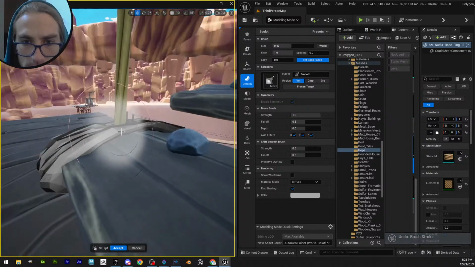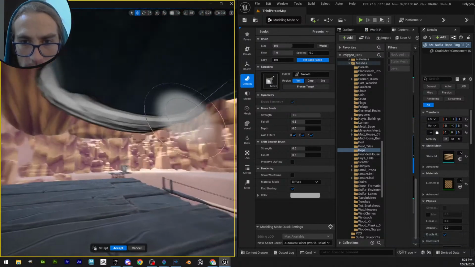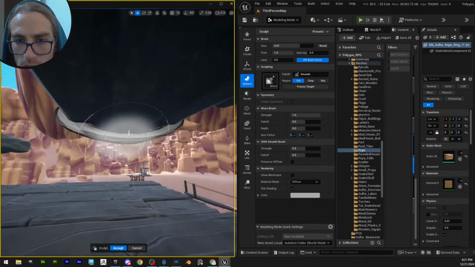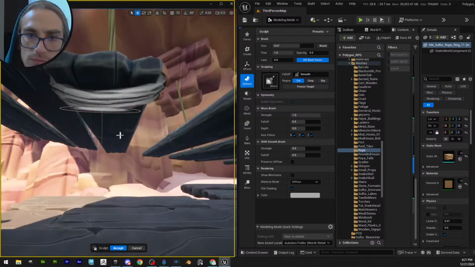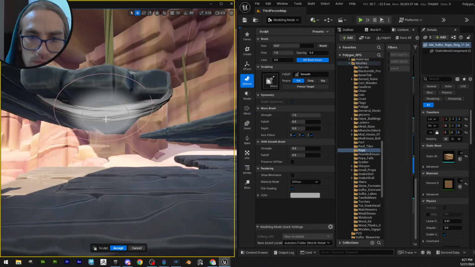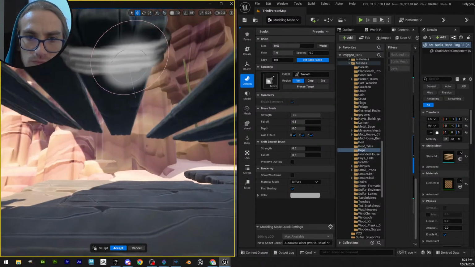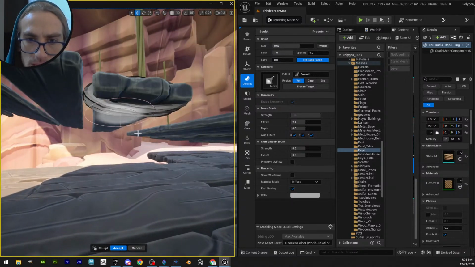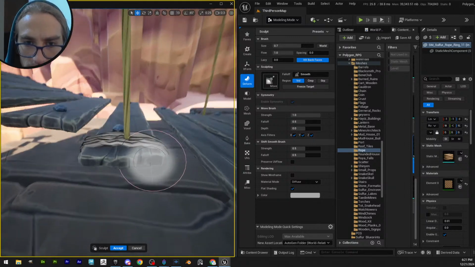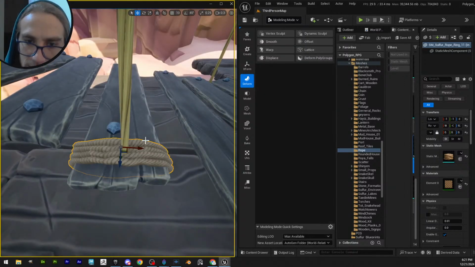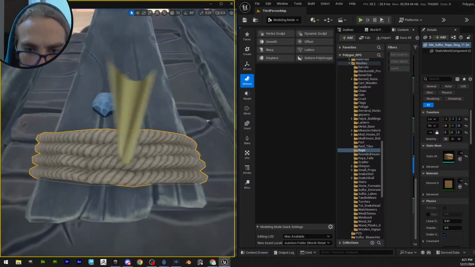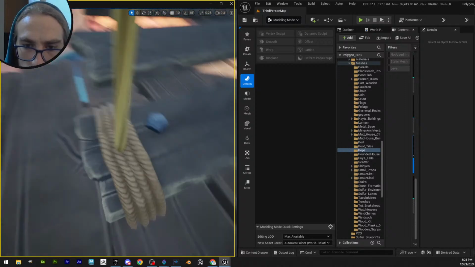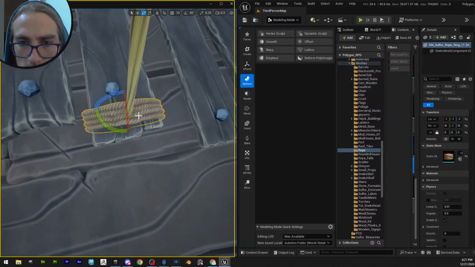Nope. Slightly bigger brush. It's okay. Maybe I needed a bigger brush. Okay, well,